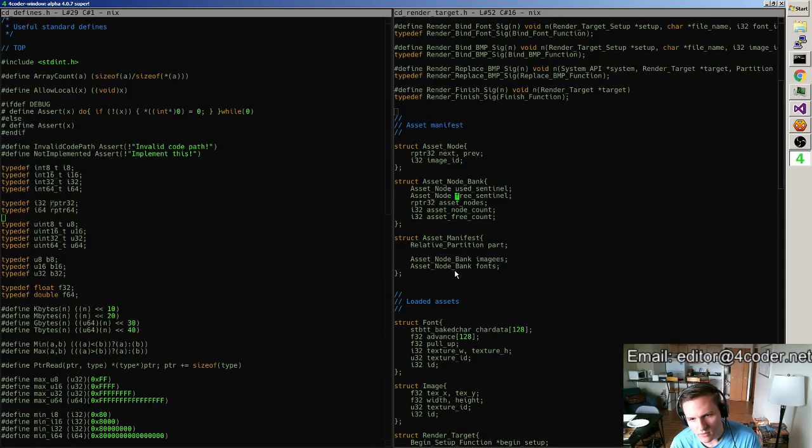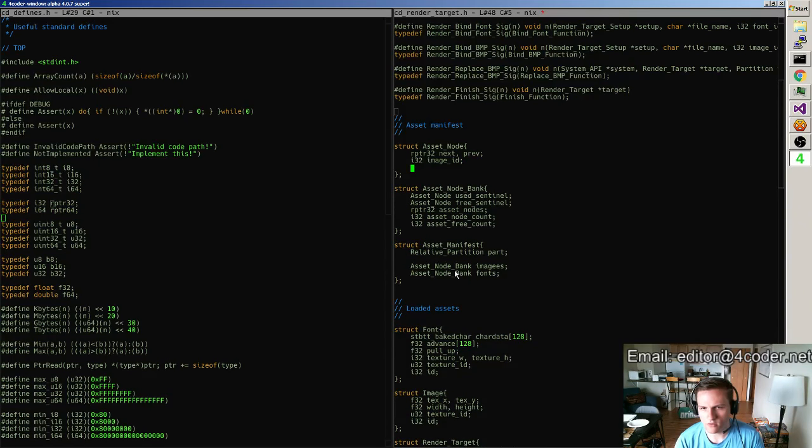And then I need to deal with this thing with the name, right? So each of these asset nodes currently has an image ID built in. So I also need an rputter 32. I'm not used to typing that yet. It's not actually that bad to type. Okay, rputter 32 of the name, right? So that points to a null terminated name string, and that name is just a file name that's literally the full path to the file,